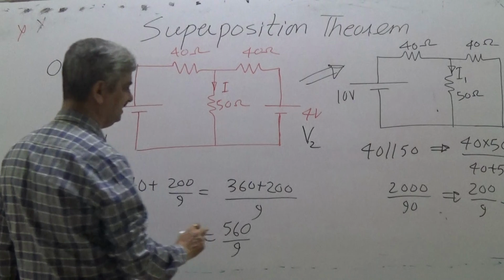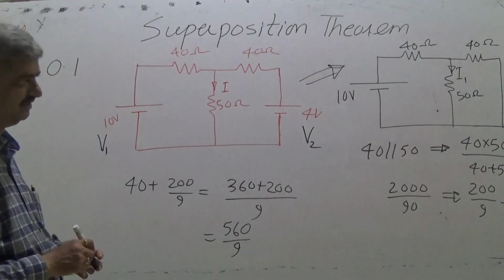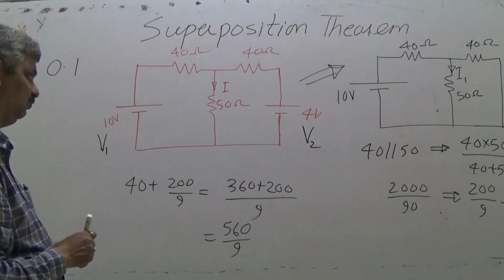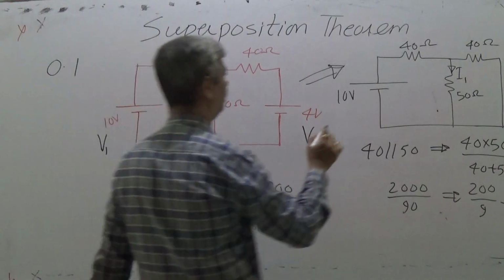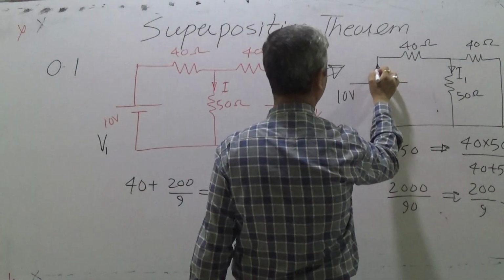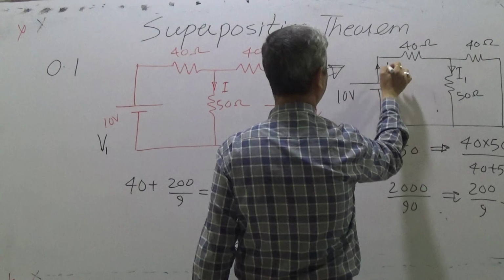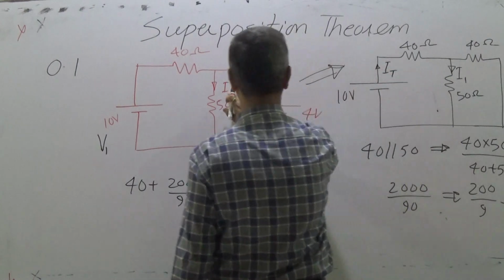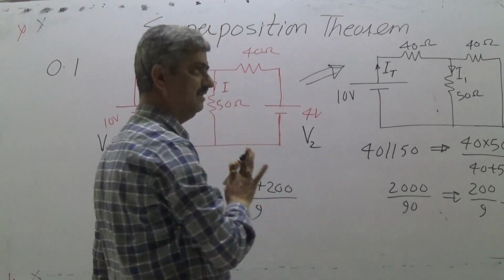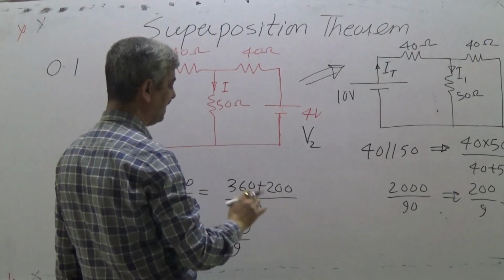560 by 9 is the resistance in this circuit. 10 volt is the voltage source. So to this current we can give the name IT, because this is the total current, so you don't use the same subscript anywhere. So IT would be,